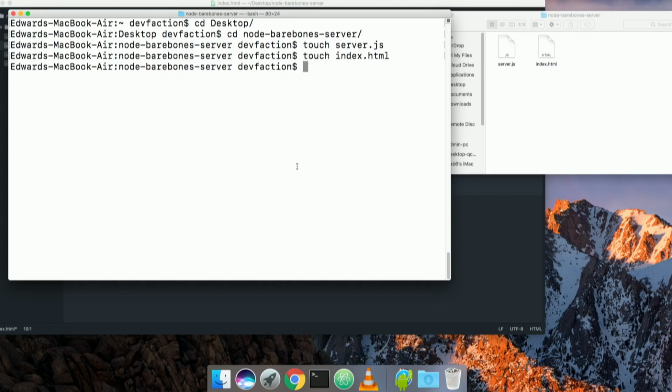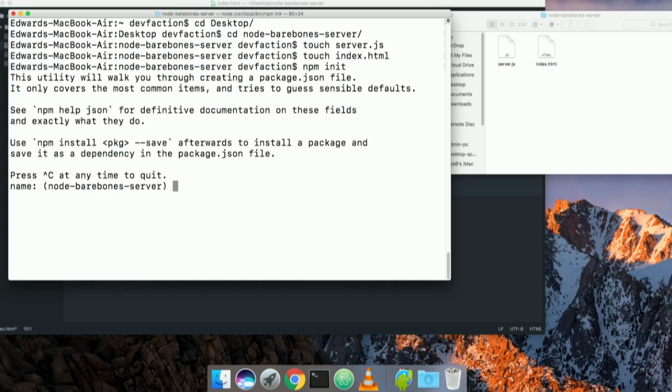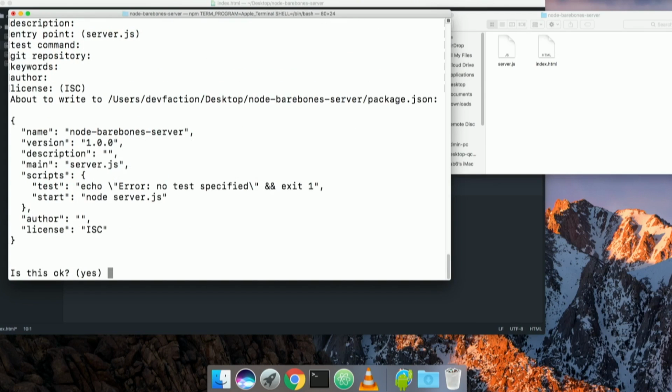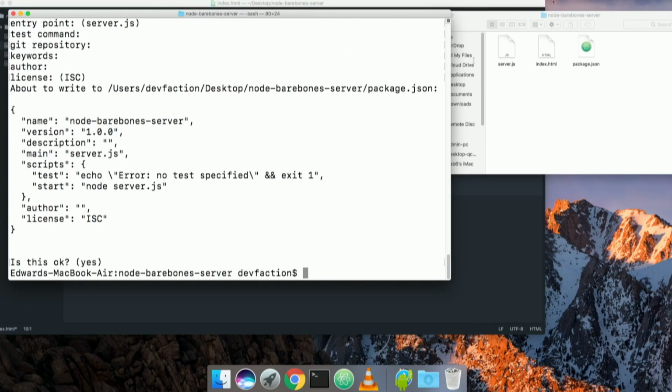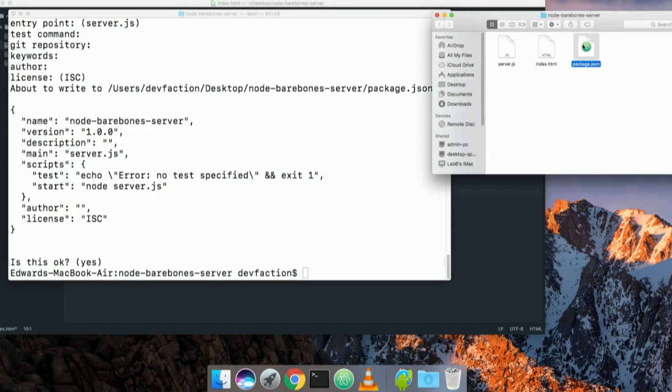Now we're going to do a command that's npm init, and that will initialize this project. All right, give it a second. Okay. It's going to give us some information and then run us through a little bit of setup. So select all the defaults on that. And then it'll ask, is this okay? Say yes. And it creates this package.json, which is basically an instruction manual for the future to tell the project